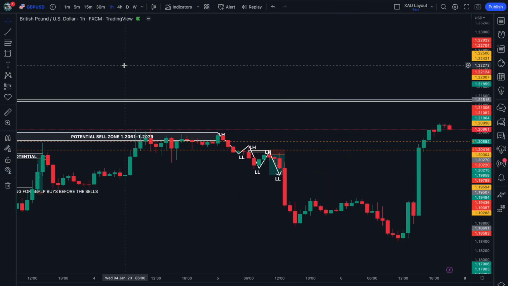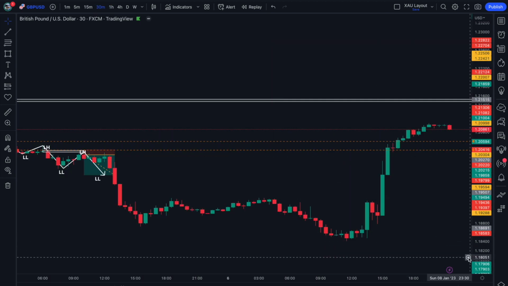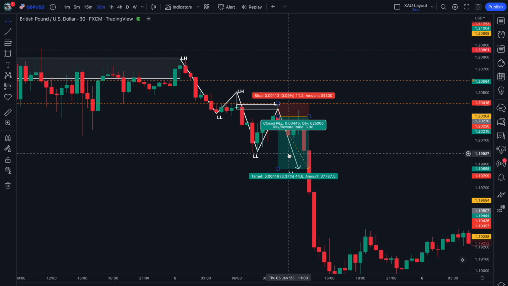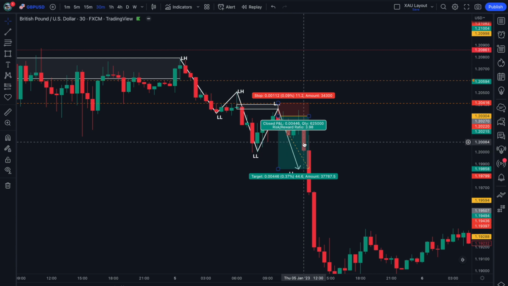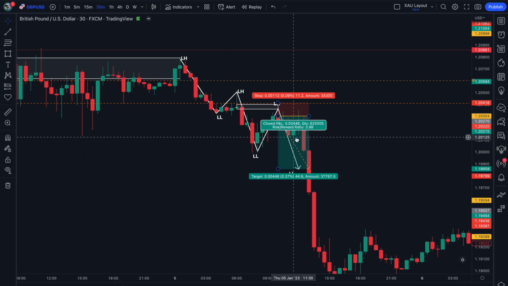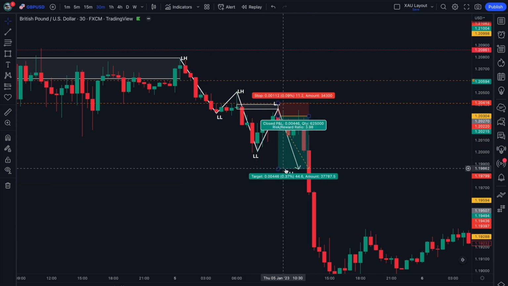And again, if we just zoom into this market, let's just go down to the 30-minute. You'll see here, this was another position that we placed last week. This generated us with a lovely RR over 1 to 4. So if you're risking 1%, you're looking at 4% returns. If you're looking at 2% risk, we're walking away with 8% returns on that position.